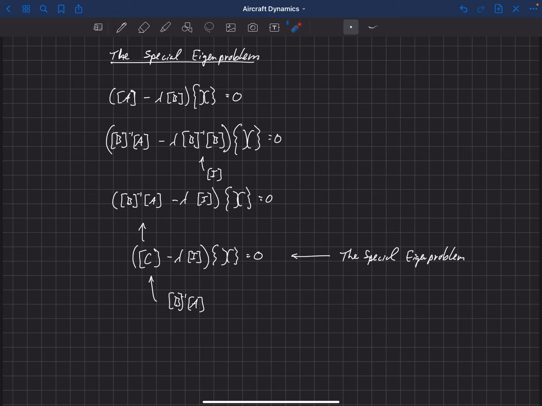So when you're using MATLAB or Python or whatever you're using to solve this, just be aware that by tradition it probably is only going to accept a single matrix, and so you'll need to pre-multiply these together and then plug that in for that single matrix, and then it will solve for the eigenvalues and the eigenvectors of the system.